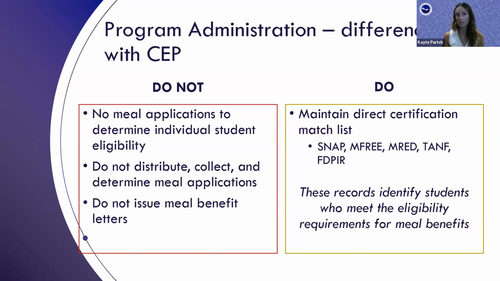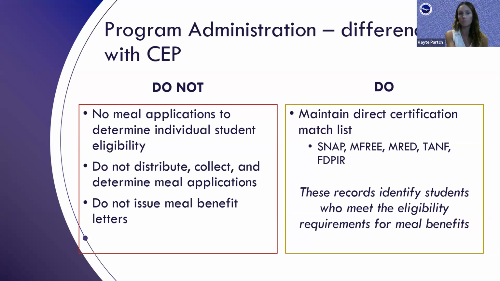Okay, so those records identify students who meet the eligibility requirements for meal benefits, but do not derive a meal benefit from that. So we have separate training identified for bookkeepers and a separate training that covers the direct certification process if you have questions about that. But essentially, it means even if you're a CEP school, you are maintaining current enrollment records